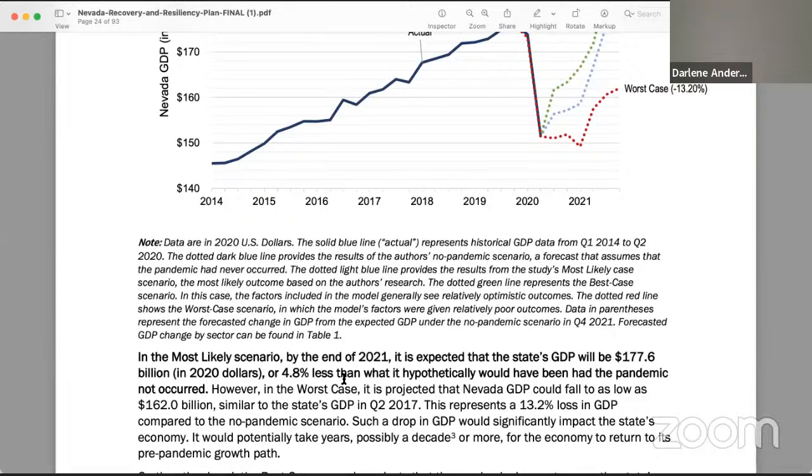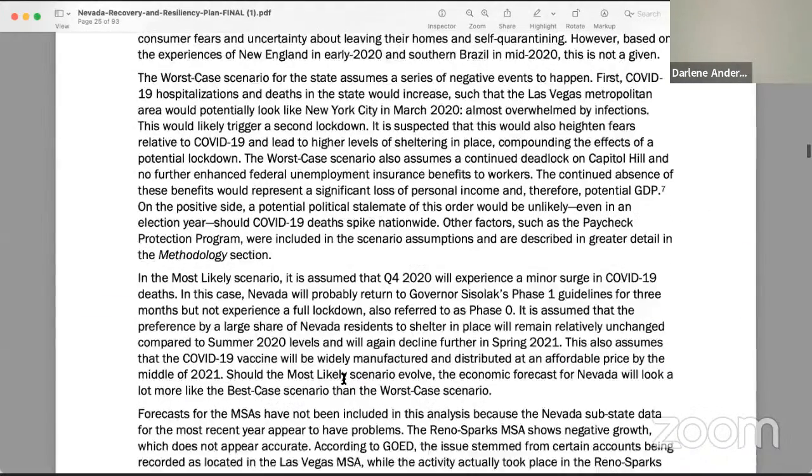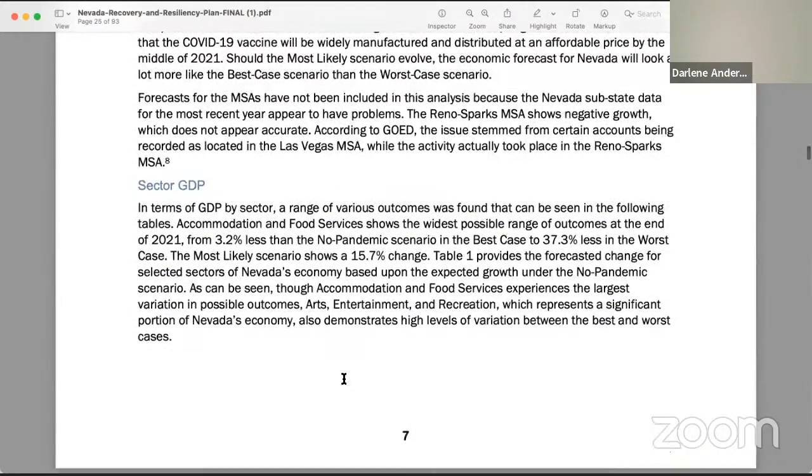The Reno-Sparks MSA shows negative growth, which does not appear accurate. According to GOED, the issue stemmed from certain accounts being recorded as located in the Las Vegas MSA, while the activity actually took place in the Reno-Sparks MSA. Sector GDP. In terms of GDP by sector, a range of various outcomes was found that can be seen in